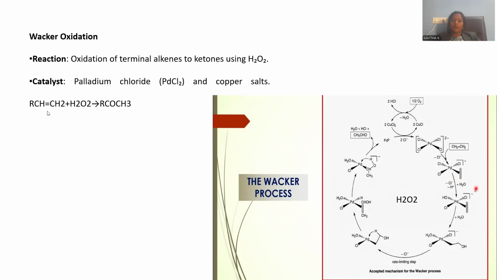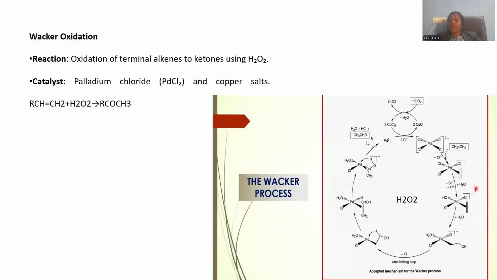That olefinic double bond, upon reacting with hydrogen peroxide, will be converted into a ketonic compound. Ketone will be achieved. These palladium and platinum compounds are square planar in nature in general, and the expected product will be, sorry, a carbonyl compound only. A carbonyl compound will be achieved whenever you start with a molecule of, say, ethene as the starting material. After the entire cycle of Wacker's process, that will be converted into CH3CHO.